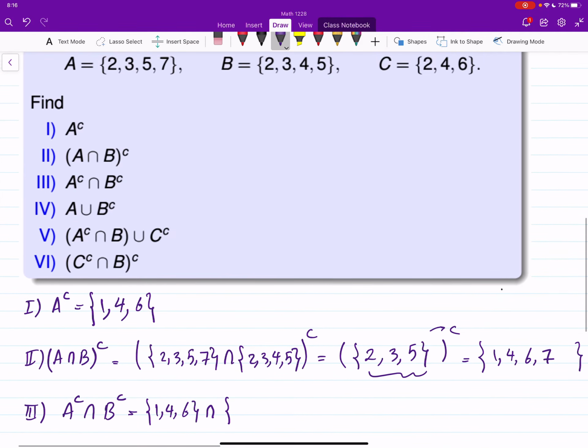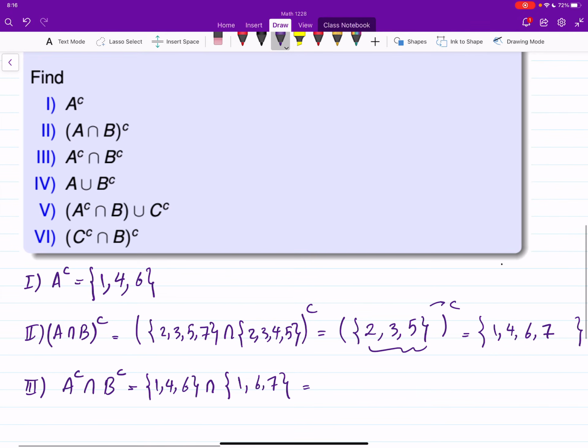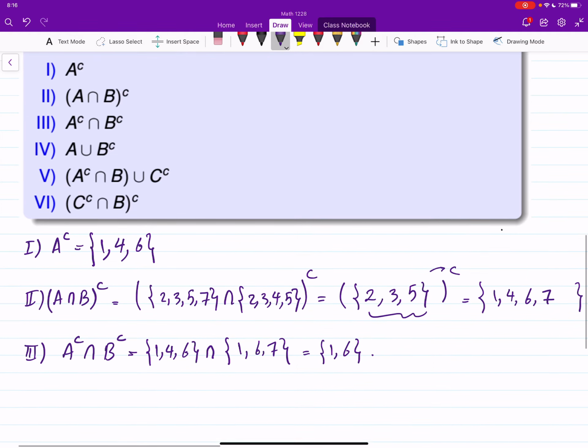Let's see, what is B? 2, 3, 4, 5. The complement would be 1, whatever is in the universal set which is not in B. So 1 and 6 and 7. What is the intersection? Well, both of them include 1, both of them include 6. That's the intersection. How about